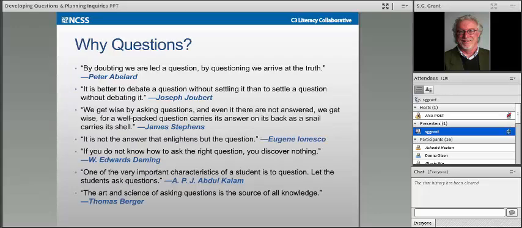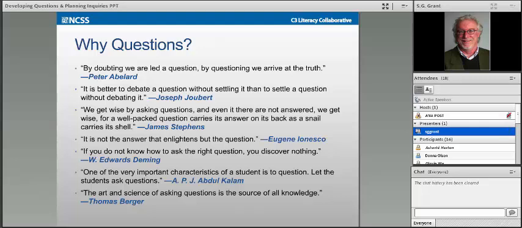Well, why questions? From Socrates on, frankly, the value of questions in general and for teaching and learning in particular has been well established. In Plato's Protagoras, Socrates claims, "My way toward truth is to ask the right questions." Now, we all know answers are really important, especially on high-stakes exams. But a well-framed question can really excite the mind and give real and genuine meaning to the study of any social issue. So as you can see from these quotes, questions have gotten quite a bit of attention, and by a wide array of thinkers, from philosophers to dramatists to poets and scientists.